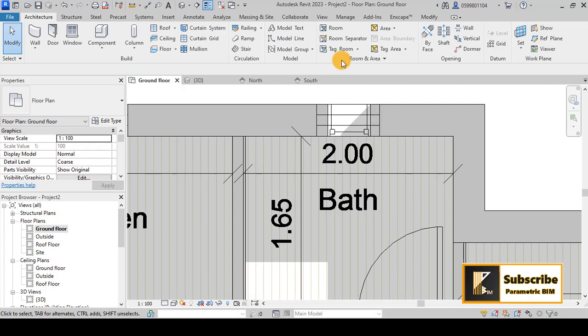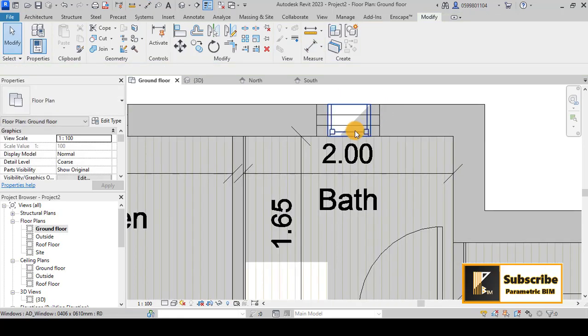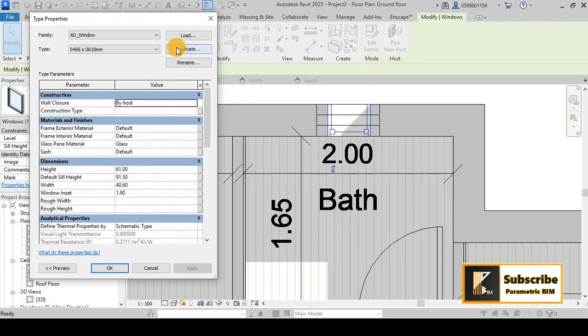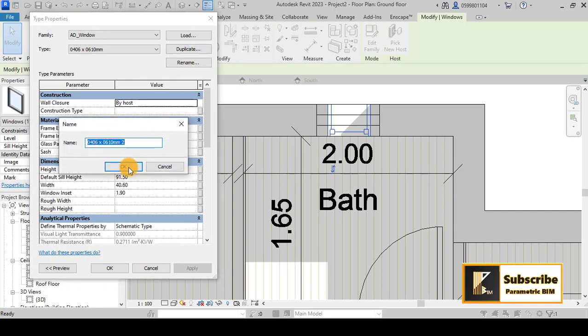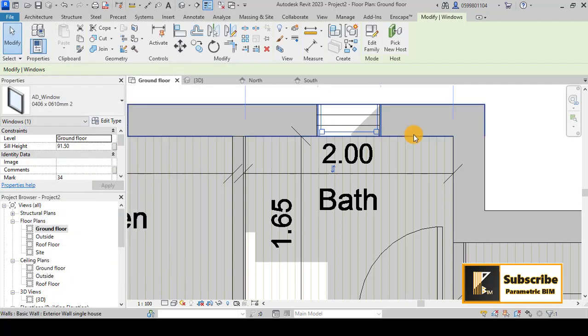I think that we have to measure also what is the dimension here. It is 60, so you can choose the window. You also have to duplicate and arrange your names, your windows of the families that you have in this template or this project. But for the tutorial you get the point. Maybe I think it is 60 for the width, and for the height let's take maybe 75. Anyway, you can adjust that and adjust this